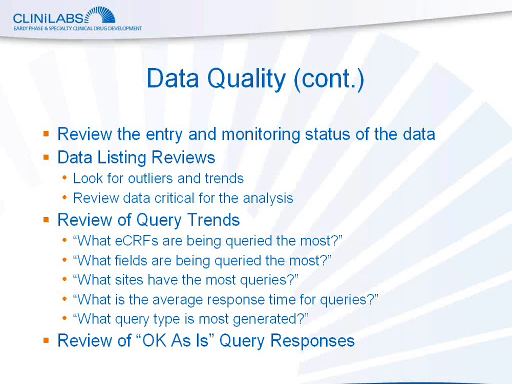The most obvious are simple A to Z checks for which the data manager looks for gaps and/or anomalies in the data. While many of these items may be caught with the programmed edit checks, many edit checks typically don't take into account trends in the data, and therefore data outliers may be missed. Additionally, critical data that will be used for analysis should be reviewed on a regular basis to confirm completion and logic of that data. The third process to implement is a review of the query trends.